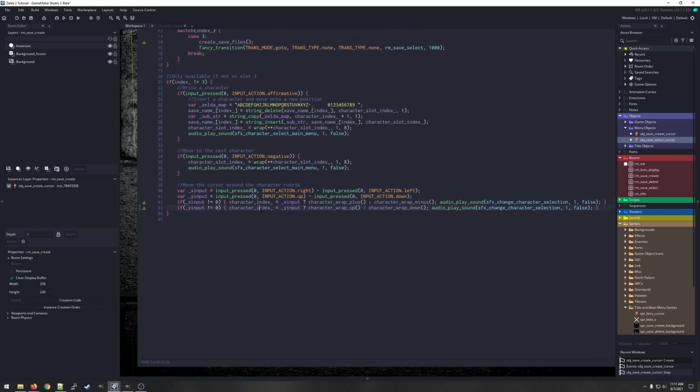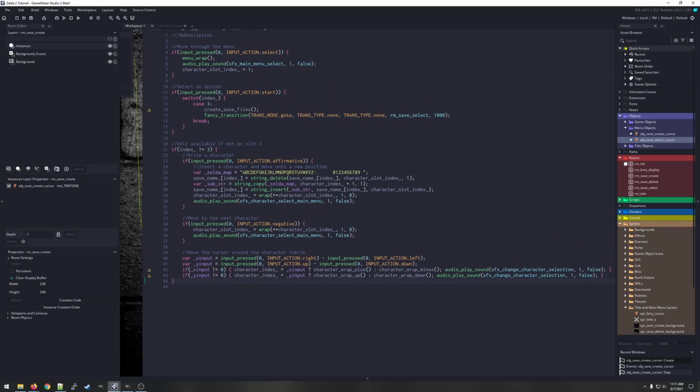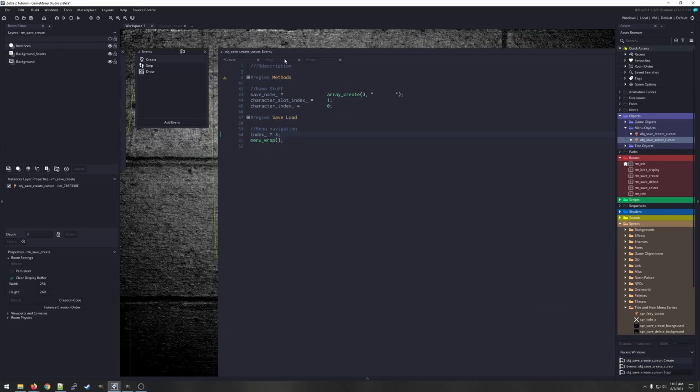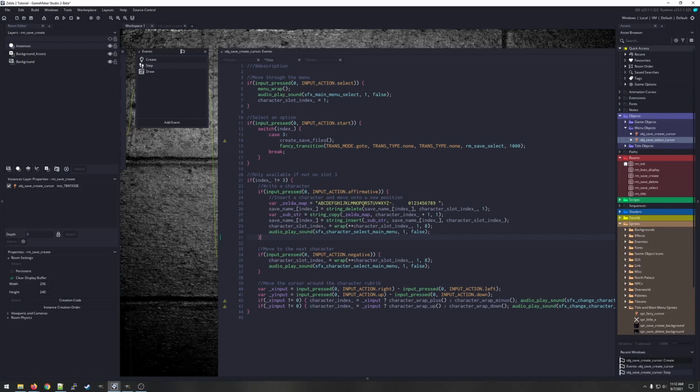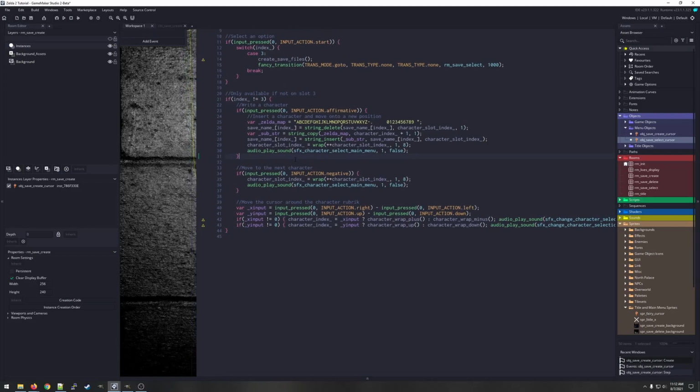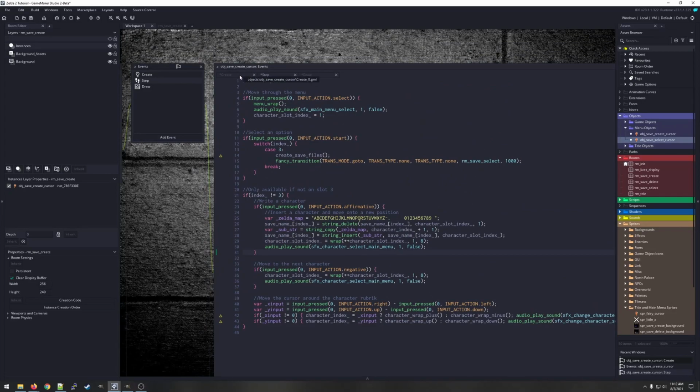Now we have all these various methods here: create save files, character index, character wrap plus and character wrap minus, character wrap up, and character wrap down. Why did I do that? Because I was testing out the methods and seeing how useful they'd be, and it's kind of useful because I can hide the code over here. But in this case, it's only being used once, so it kind of defeats the purpose of actually using it as a method. The main purpose of a method is like if you have 15 states in your character, and each one of those states is doing the